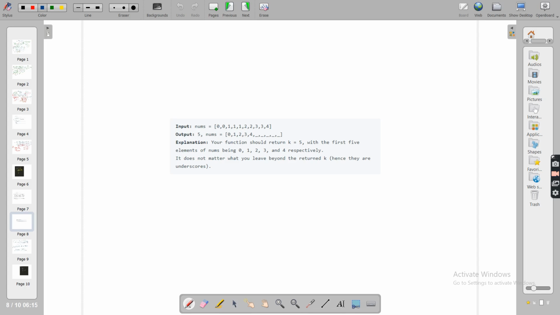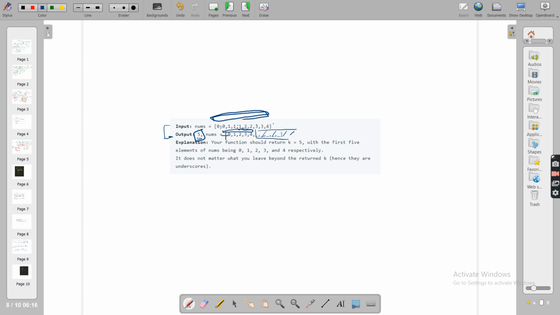All right, what do you have to return as an output? Two things. Actually, in output you have to return the number of unique values. Here, if you see 5, which means 0 1 2 3 4, there are 5 unique values. So you have to return 5. At the same time, you have to modify the initial array in such a way that all 5 unique values appear at the first 5 indexes, 0 1 2 3 4. After that you don't have to bother about them, you can leave them as they are.